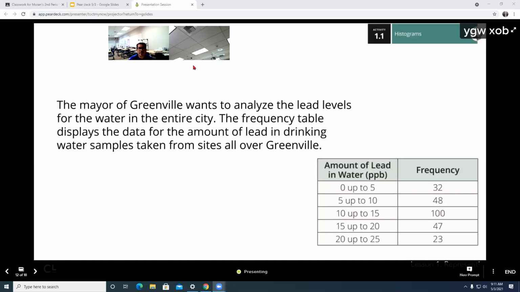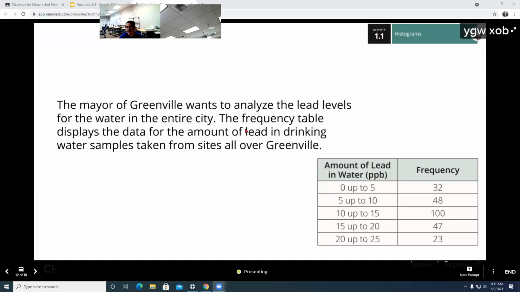Okay, so this is the Pear Deck for today, May the 3rd. The mayor of Greenville wants to analyze the lead levels of water in the entire city. The frequency table displays the data for the amount of lead in drinking water samples taken from sites all